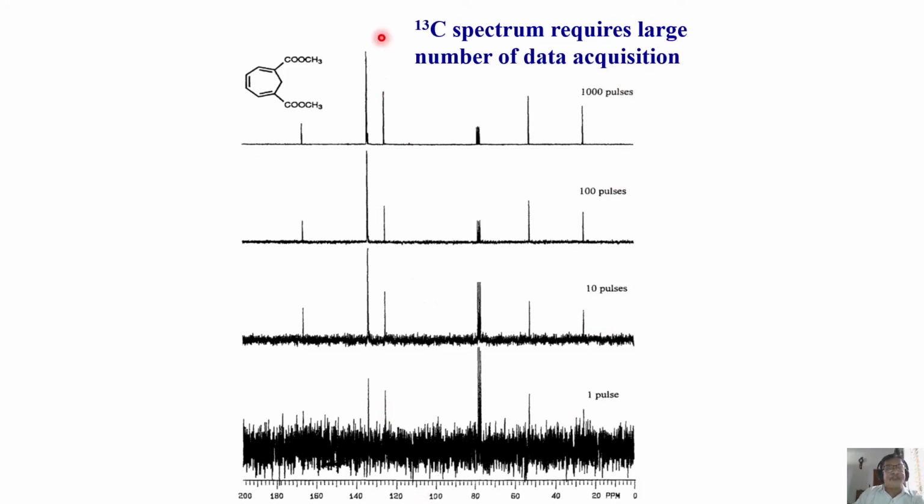What is the change you are seeing? Look at it. It was very noisy. The noise reduces much more. And you see all these peaks which were not visible here, especially this peak. And look at the signal to noise ratio of this peak. We can clearly see all these peaks. So carbon-13 NMR requires a lot of data acquisition. Enormous time it requires